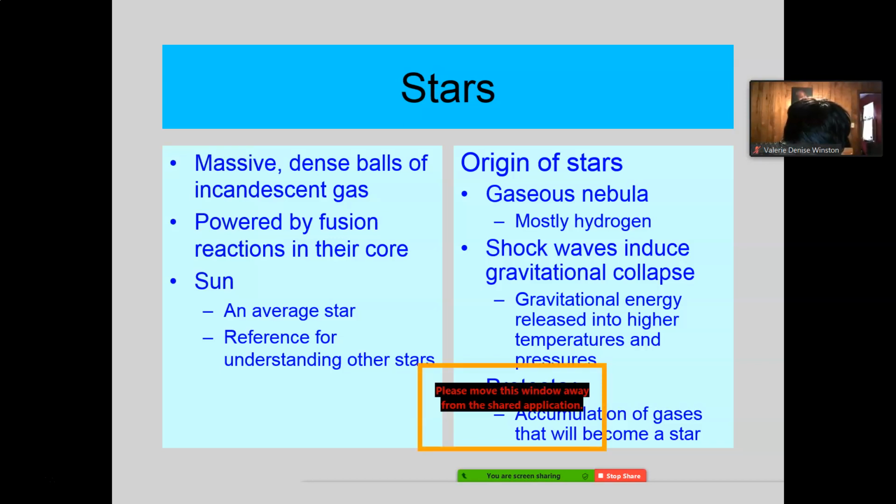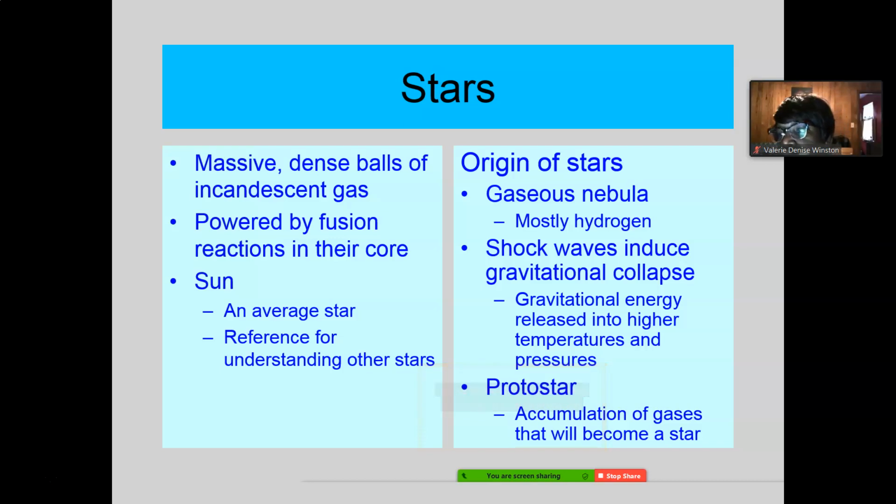The first one over here is hydrogen. That's the very lightest element there is. 1 proton, no neutrons, 1 electron. That's all there is to hydrogen. Helium over here is the second lightest. It has 2 protons, usually 2 neutrons, and 2 electrons. So it's about 4 times as massive as hydrogen.